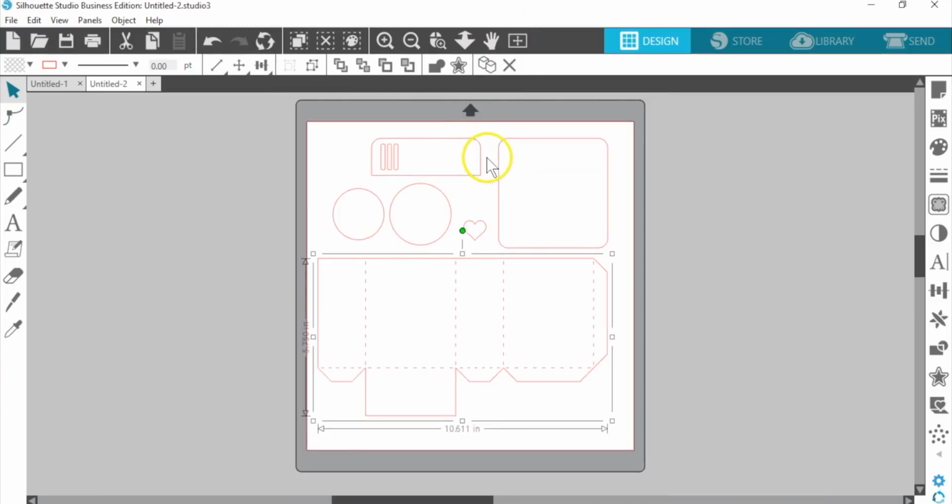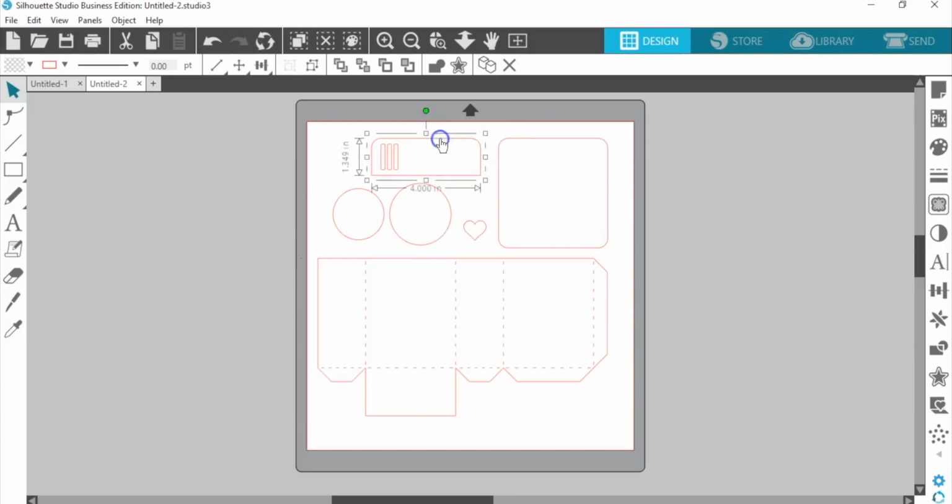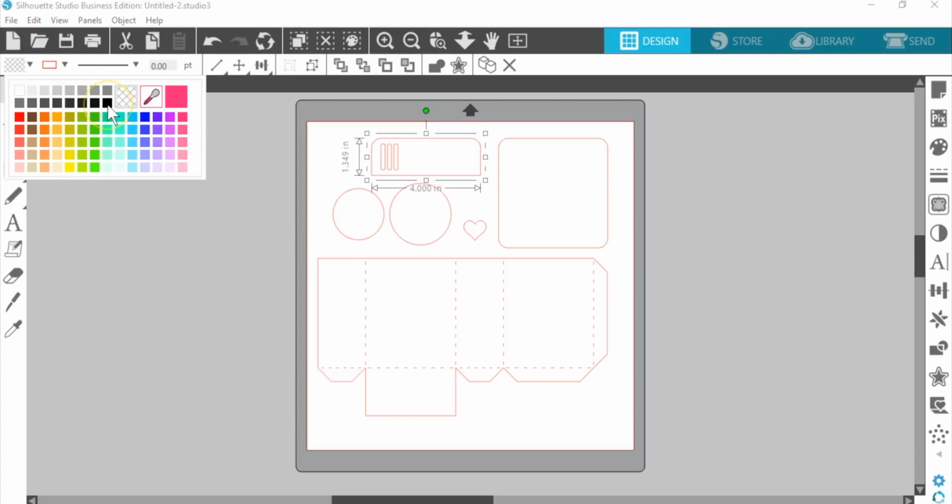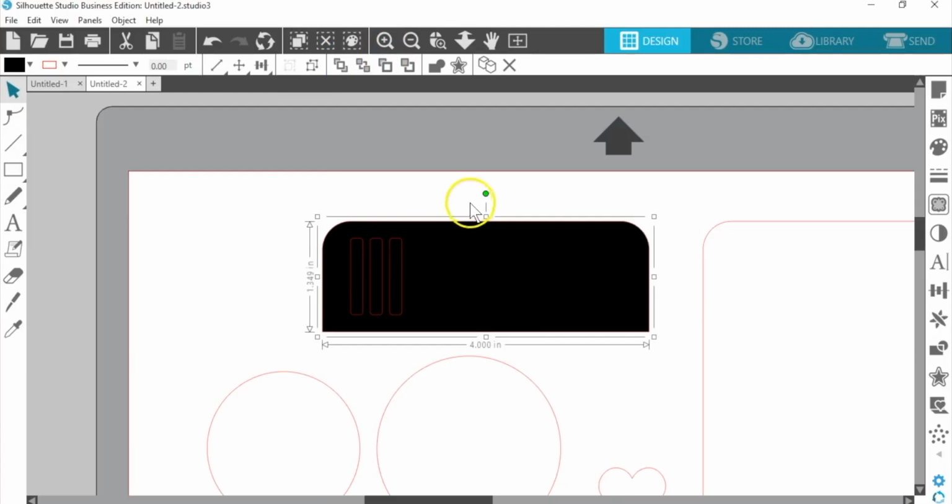I'll look at my full page again, and I want to select these pieces one at a time and use fill colors to get them colored. So I'm going to select this one, and in the upper left corner you can choose a fill color. I'm going to fill this one with black. Now when we're just cutting paper, the fill color doesn't really matter. It's just giving me an idea of what colors of paper I want to use and being able to see and move things around. Now I do want these holes here in this piece to be different colors. I want to be able to cut them from different colors.